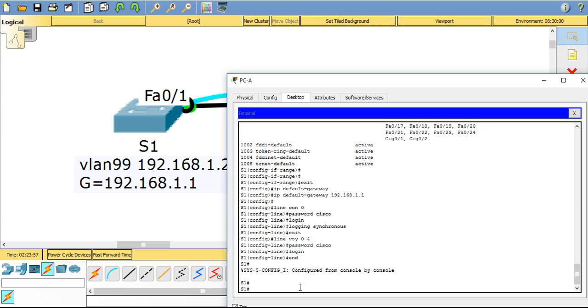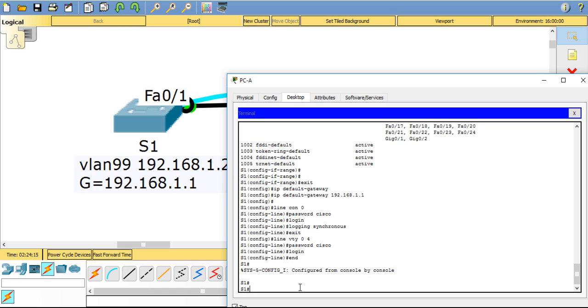And after we configure all of that, now I want to configure